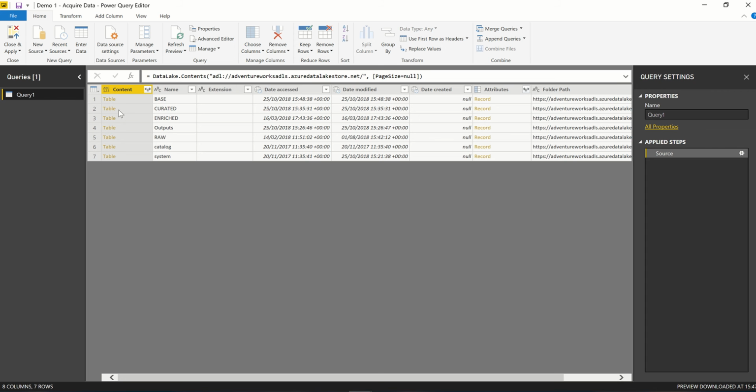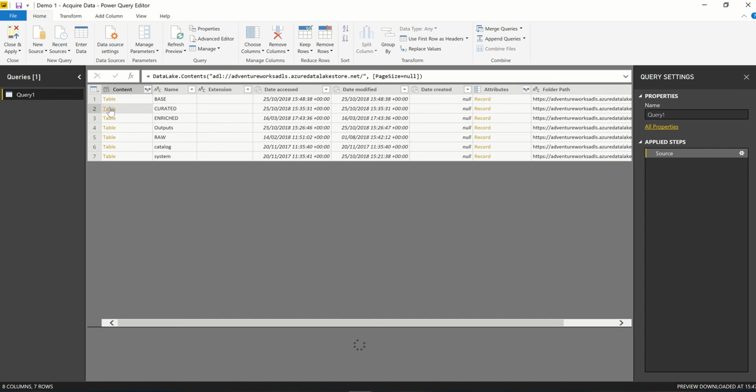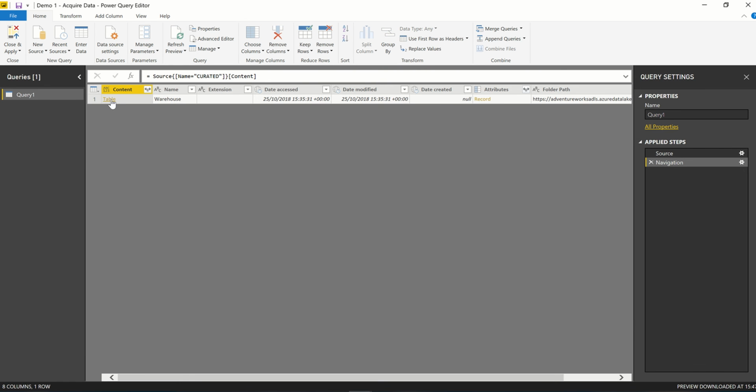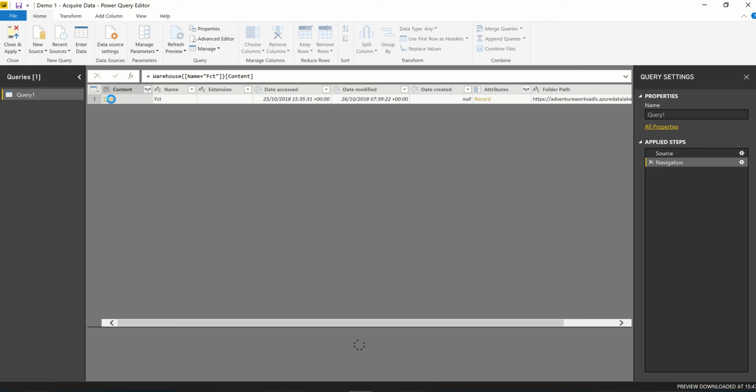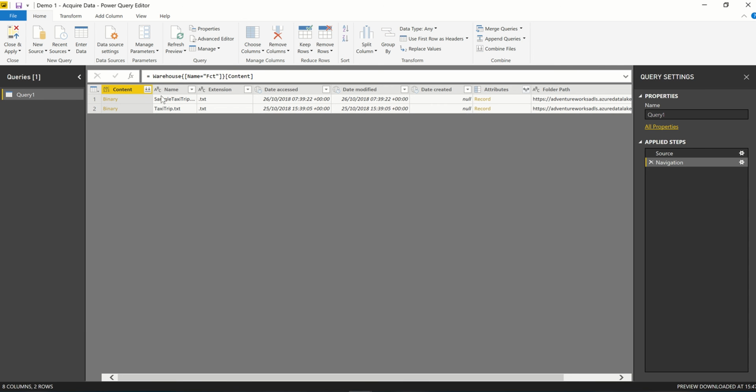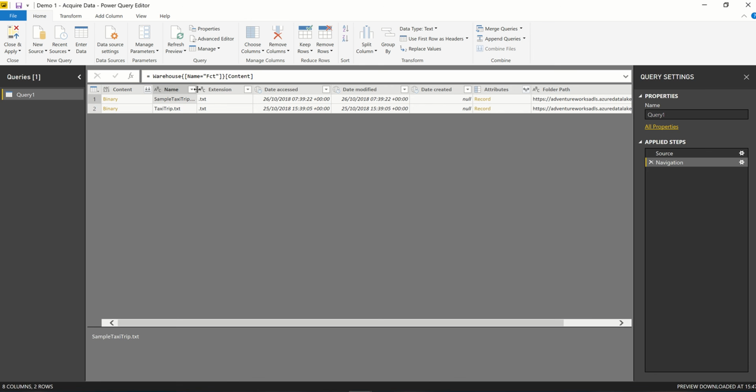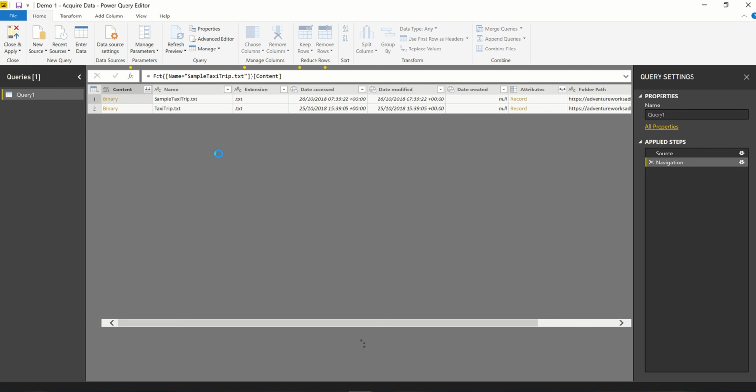We can use the UI to navigate to our source. So as mentioned, we've got our curated folder, so we can navigate through the curated table in this case, through the warehouse, through the fact. Then we can load our binary file. So we've got our two files here, and this is the one that we want. So if we then load this in,